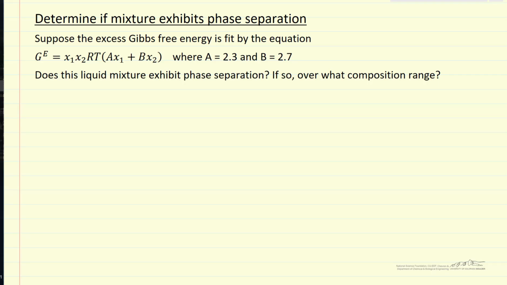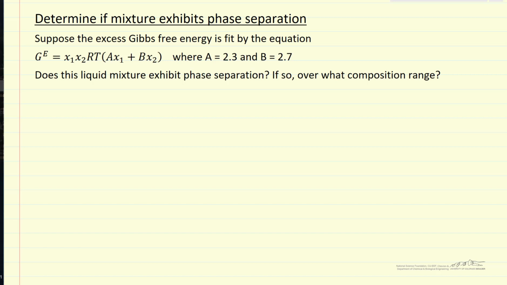In this problem, we're given the excess Gibbs free energy as a function of mole fractions of the two components in a binary mixture, and we're given the constants A and B in this equation. R, of course, is the gas constant, and T is absolute temperature. And the question is, if this expression is obtained from data with some limited range of concentration, does this liquid mixture have phase separation? And then if it does, can we determine the range of compositions where we have phase